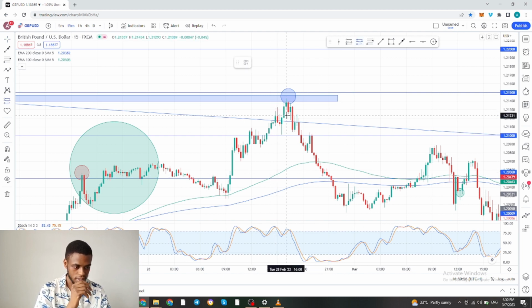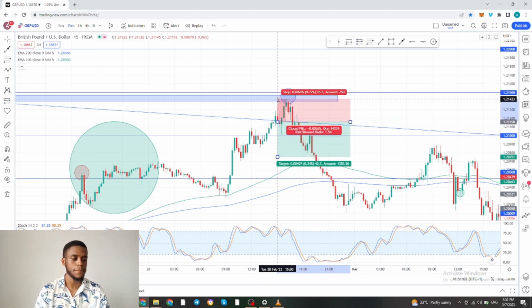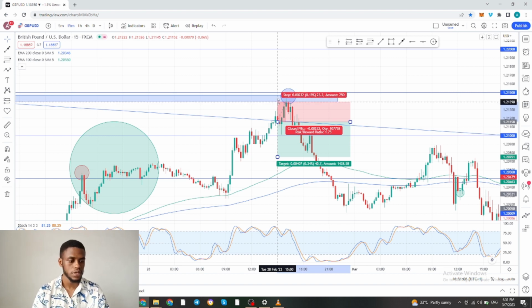So I look at my stochastic right here. I get the cross. Then I would have gotten in right here. Boom. And I only risk 20 pips. I don't do more than 20 pips. So I do 20, sometimes I do 28 pips, depends on